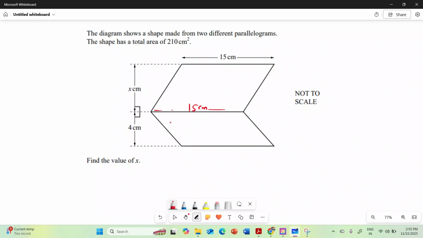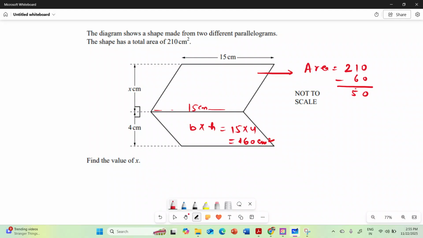Centimeter. The area of a parallelogram is base into height. So here you will get base into height, 15 into 4. So this is 60 centimeter square. Now the area of this other part: the total area is 210, and subtract 60. So 210 minus 60 is 150. The area of this part is 150